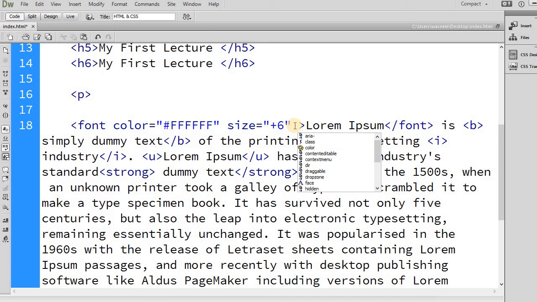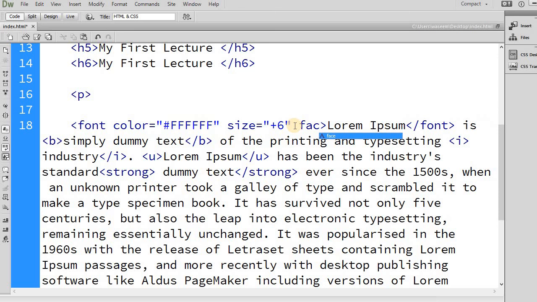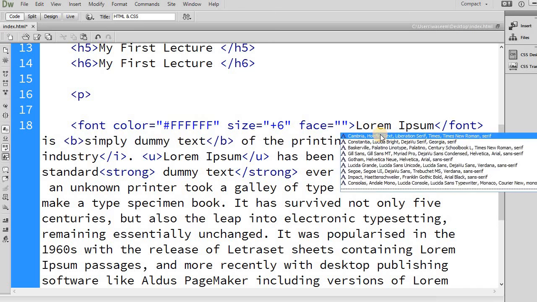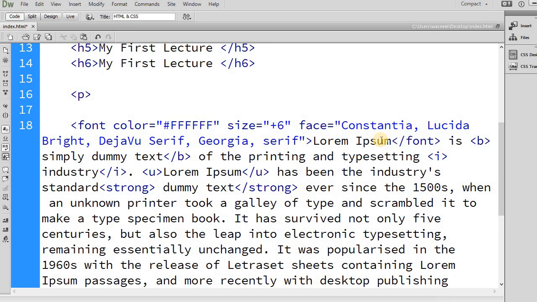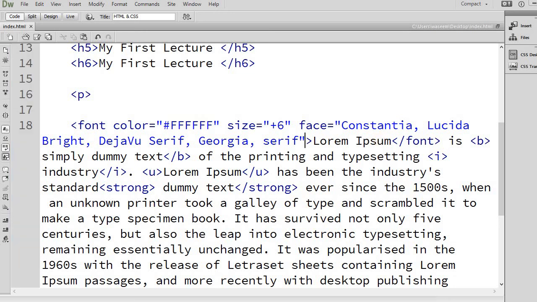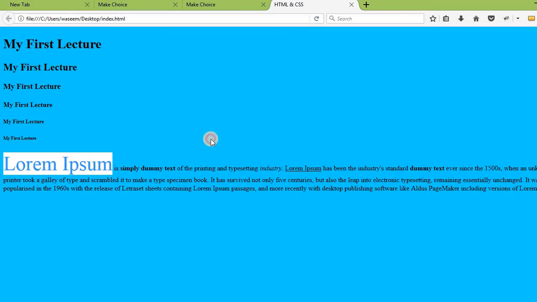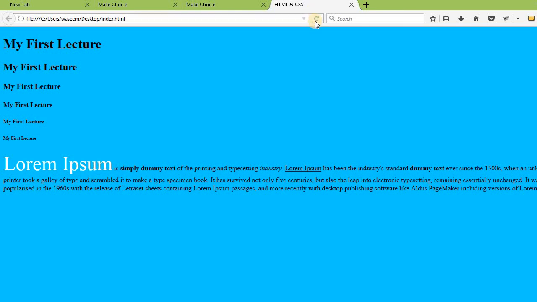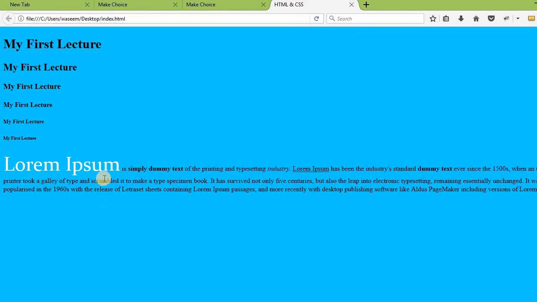Now if I want to change the font family, like its font appearance, I will write here face. Here you can see the face attribute. Now I will click on whatever font I want, this one. I will save my work, refresh my browser. Here you will see the font will change. You can see the font is changed now. So guys, these are the tags